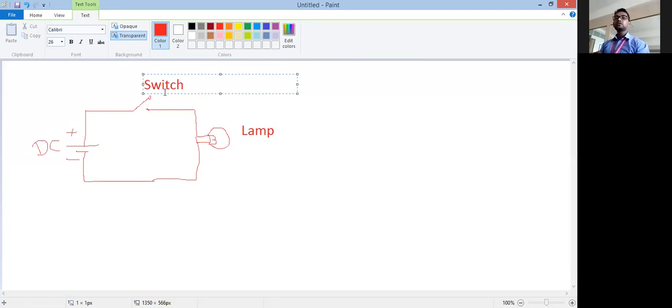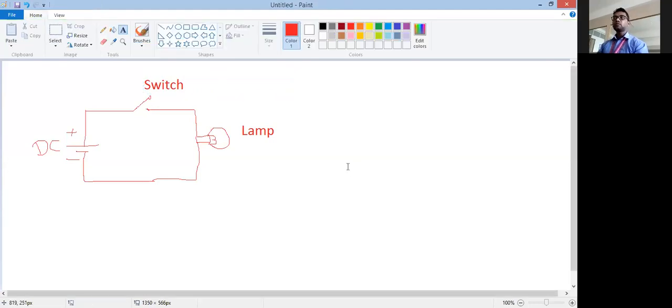As you can see, a simple circuit is there. When you push the switch, that means when the switch is closed, the lamp will turn on. When the switch is open, the lamp will turn off. So a very simple type of circuit is there. How can we program this circuit? Means in terms of programming of a ladder diagram, how can we do this? It is very simple.